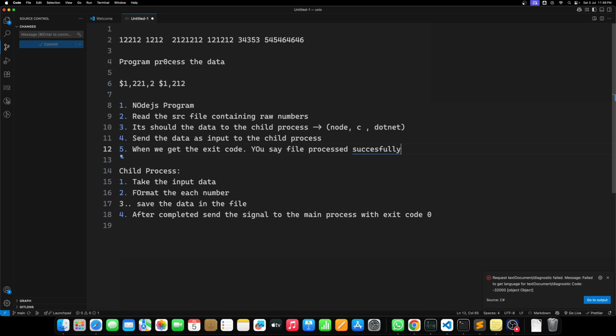So it should take the data from the child process. Okay, it should send the data to the child process. Here it should send the data to the child process, and the child process can be anything, .NET, C, anything. So we will be writing the code in Node.js only, and send the data as the input to the child